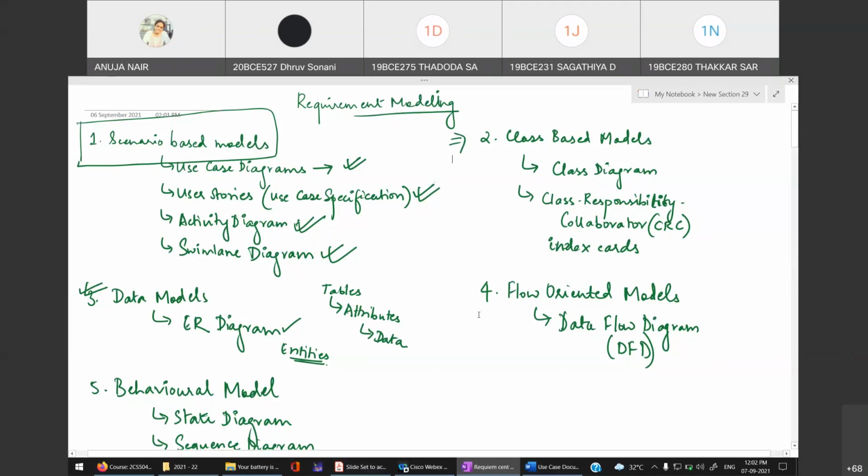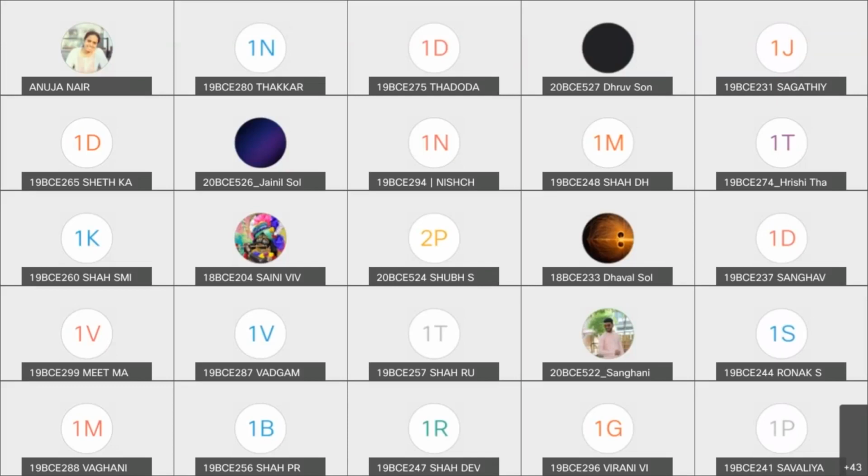Right, so when you finish this requirement modeling chapter, you finish your entire concept of lab practicals, because now in your lab practicals you just have diagrams only, and last must be your implementation and testing. So that's fine, but this modeling chapter is very much important, right? If you don't have any doubt, you can leave the session. If you have a doubt, please ask.